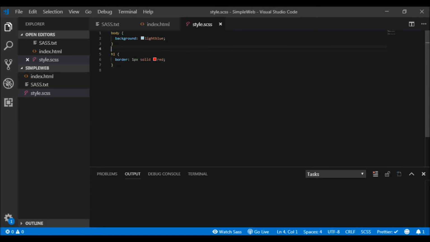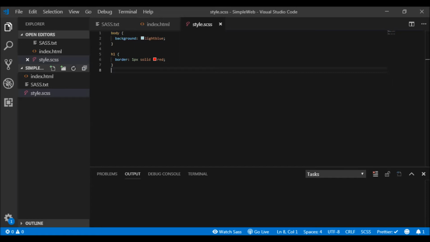When we save this SCSS file, the first time we need to click on this Watch Sass. What this will do is see whether we have changed this SCSS file, and if there is a change, it will compile it and convert this file into CSS. We'll be having one more file over here called